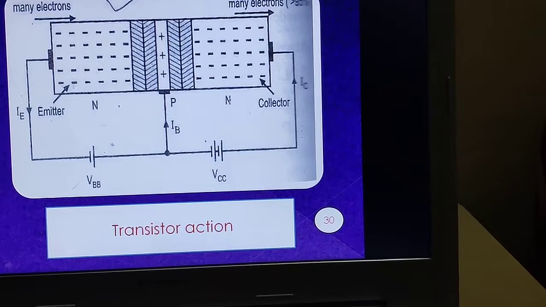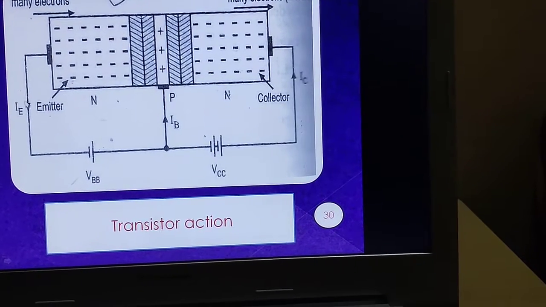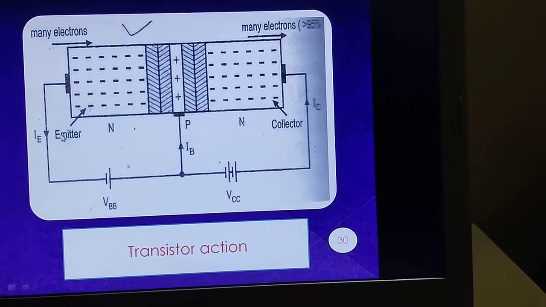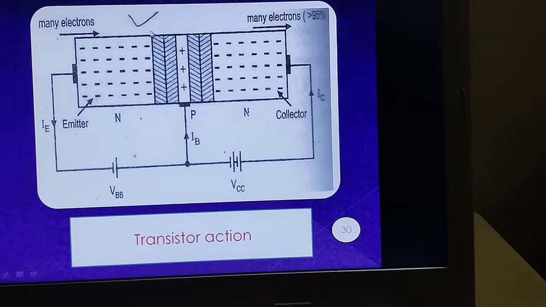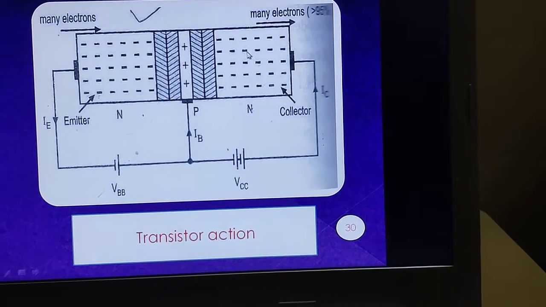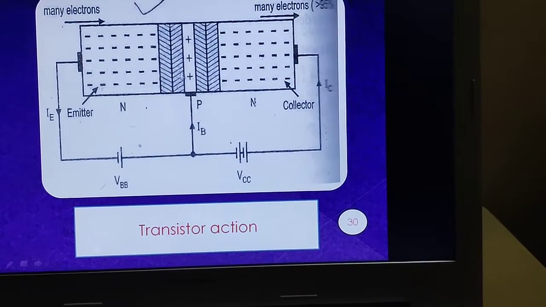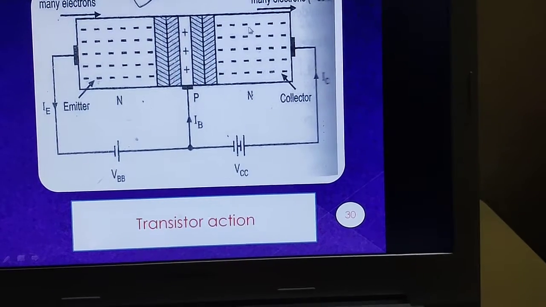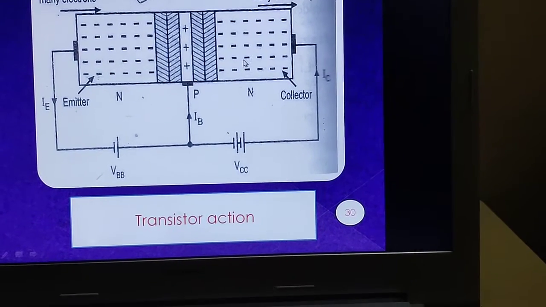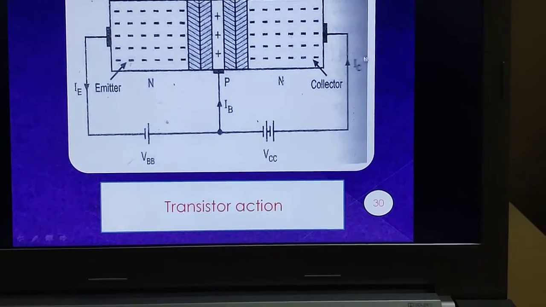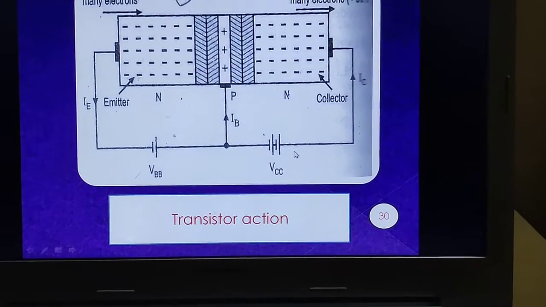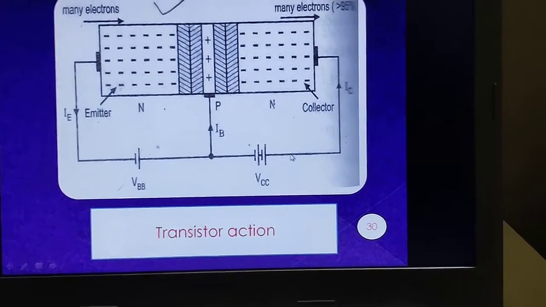Now the electrons flow in this direction, therefore the current is in the reverse direction. This constitutes a current which is called the emitter current. So out of the 100 electrons, 5 electrons recombine with the holes, and the remaining 95% of electrons are pulled across the collector to base junction because of the heavily biased collector junction, and this gives rise to a high current which is called the collector current. So this is the action of the transistor.